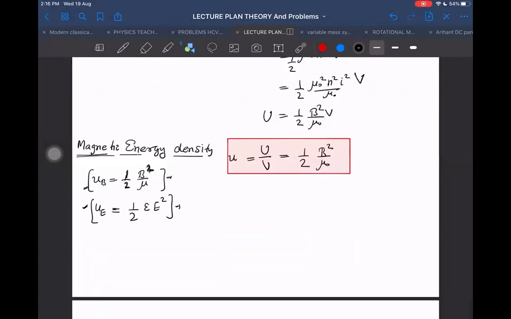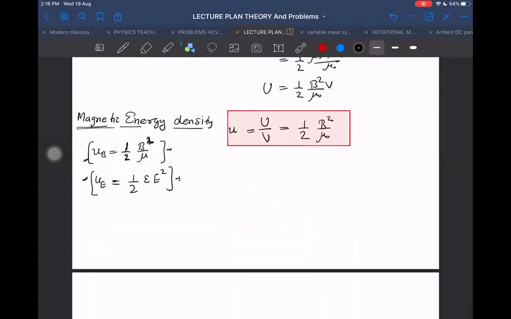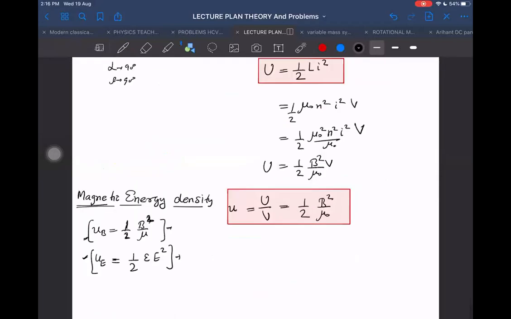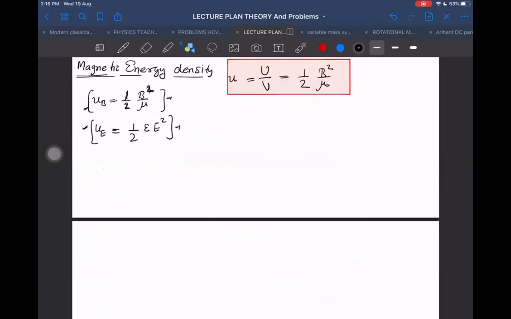So a solenoid is not the only inductor. Although the symbol of inductance comes from the solenoid, it is not the only inductor. There are several other types of inductors possible. Any conducting closed loop will be like an inductor. So somebody may ask you the formula for the self-inductance of just a single current carrying wire. But it is difficult to derive. Using elementary mathematics, we cannot derive it. We can derive it only by advanced mathematics.